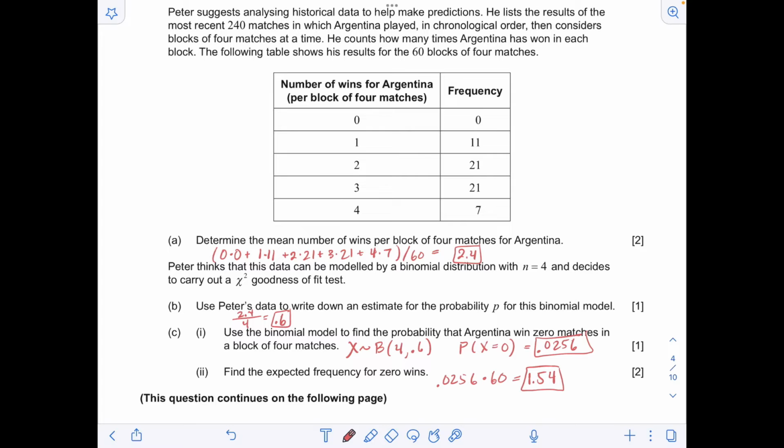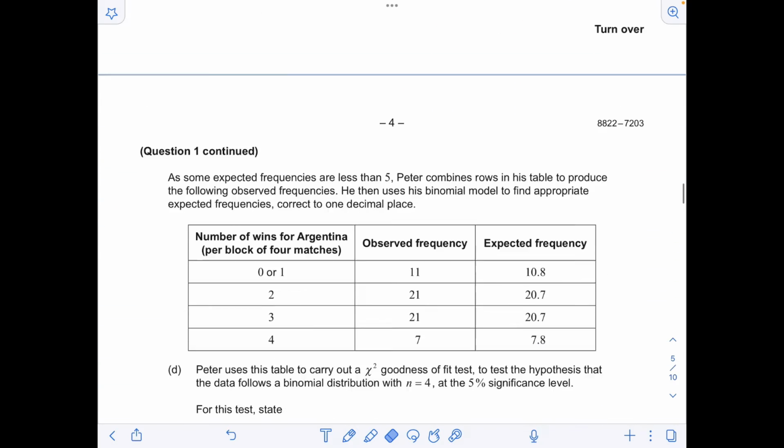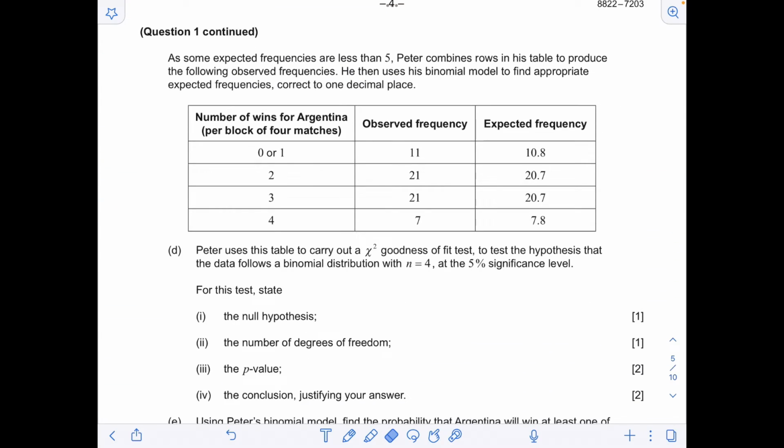Notice that they actually had 0 situations in which they had 0 wins from a block. Out of the 60, according to this data, we would expect that they would have had 1.54 win times, so between 1 and 2 occurrences. And just thinking about what it actually means. Going on to the next page,